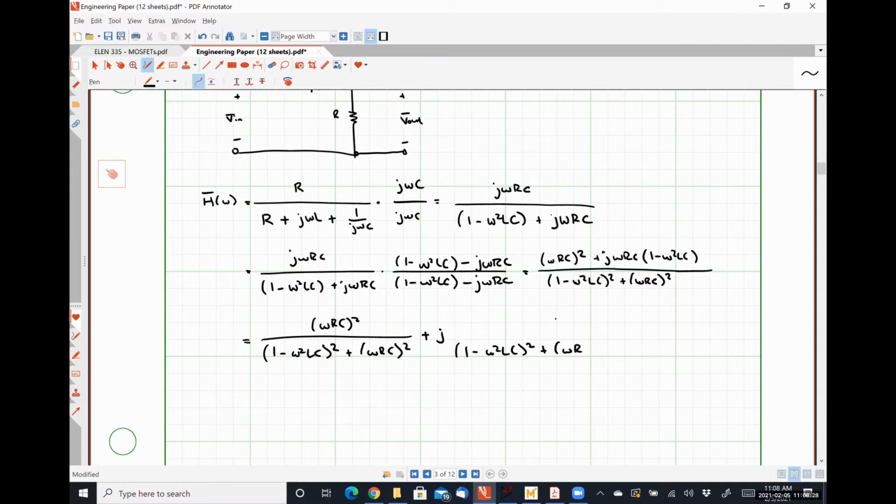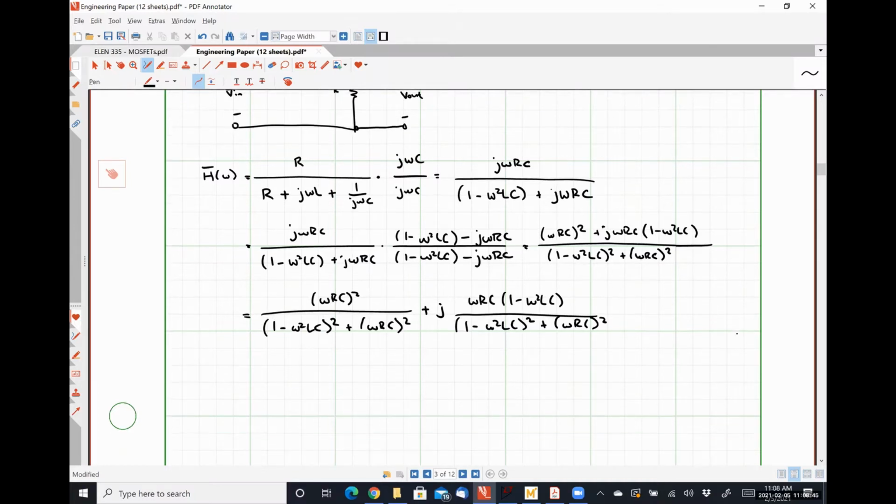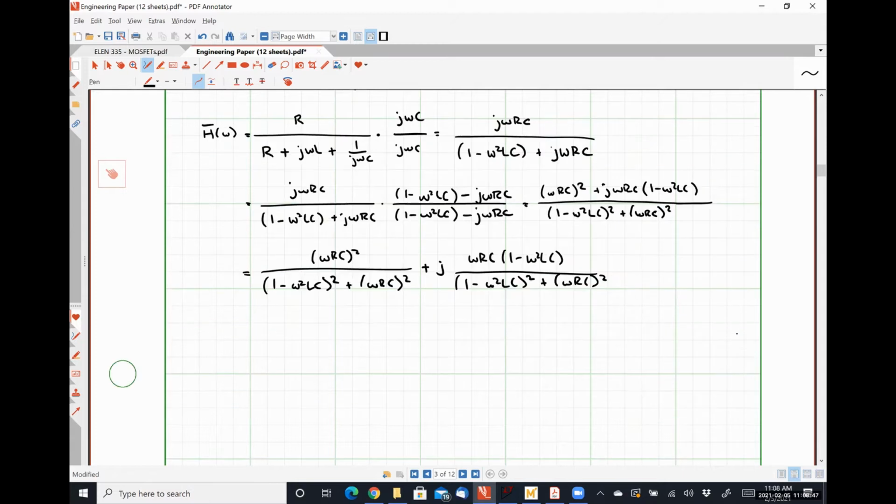So this is still my function, but now I've expressed it in rectangular form, and I can easily determine the magnitude response and phase response from this equation. So for our magnitude,